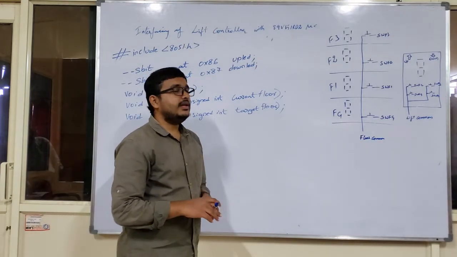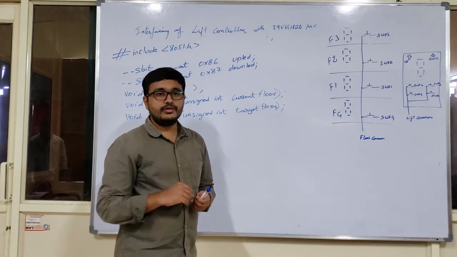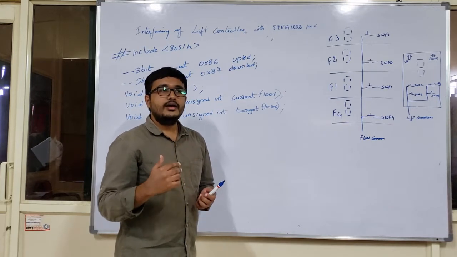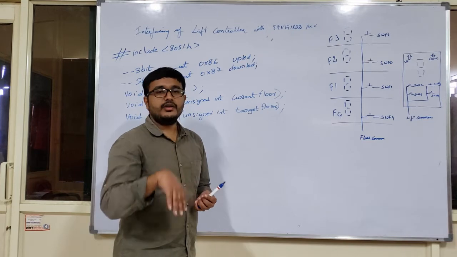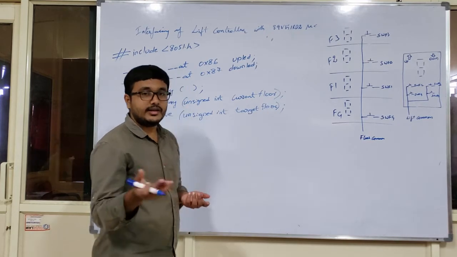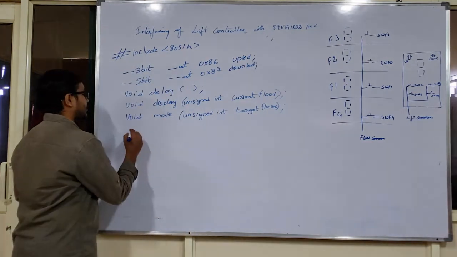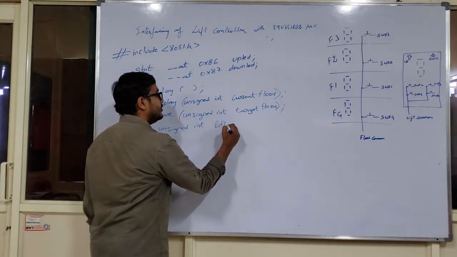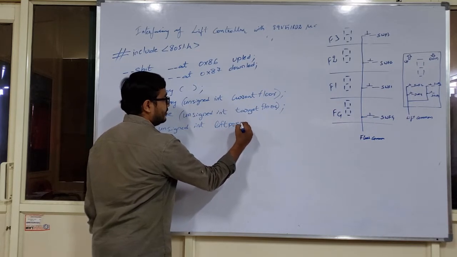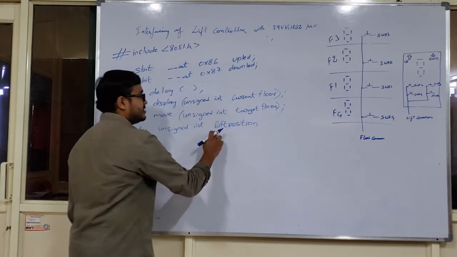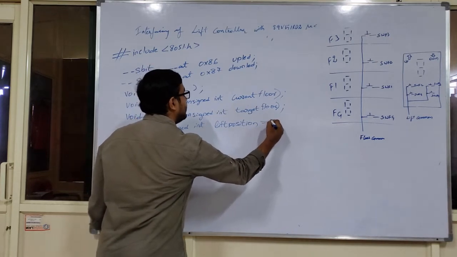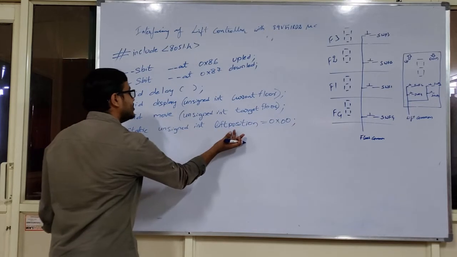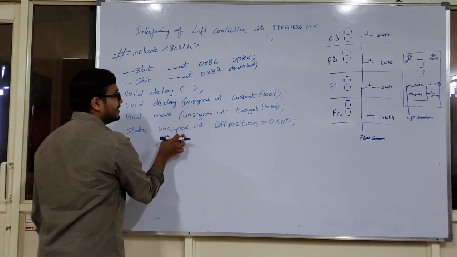Now let me consider my lift is somewhere in between the floors. I am not saying it is on the 0th floor, first floor, second floor or third floor. Let me go with somewhere in between, somewhere else. I don't know exactly where it is. So what I will be doing here is taking the default position of the lift. That means the lift position by default I am taking as 0x00, somewhere, I don't know where. So this lift position is of type unsigned int.